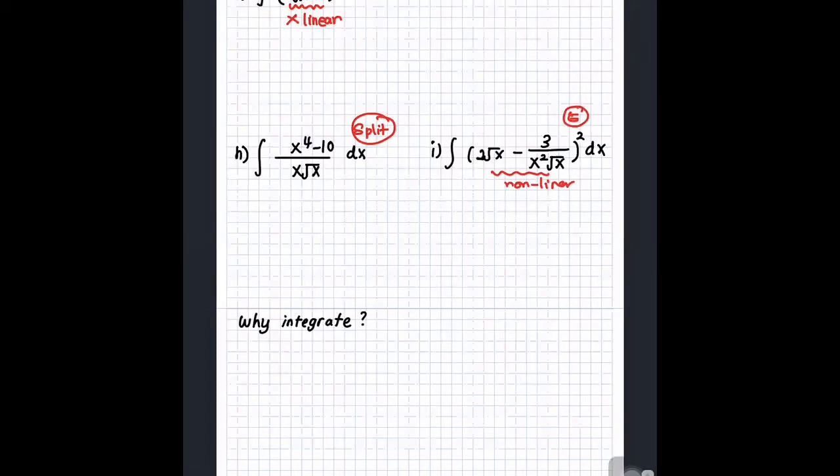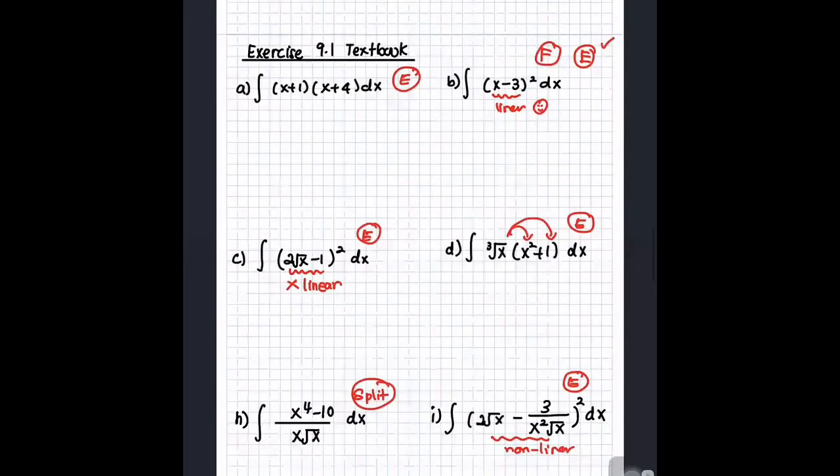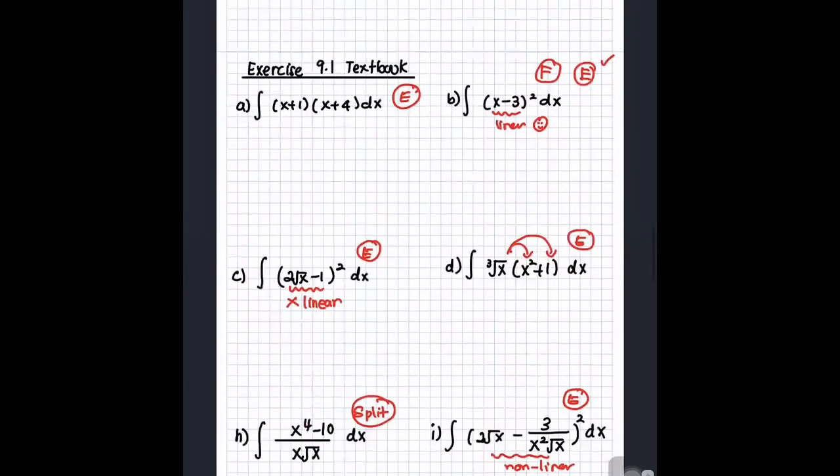Now, if you are worried, Miss, do I really have to expand? Can they give me power of 5? Can they give me power of 3? The maximum you get for JC1 level is only power of 3 because you have done binomial expansion. Okay? Don't freak out. All the other techniques are in pure maths 3, JC2. Okay, let's quickly do.